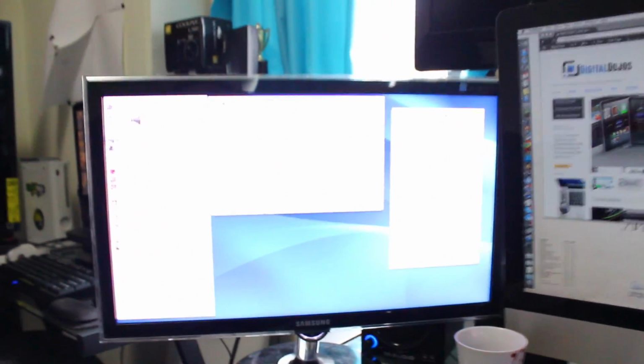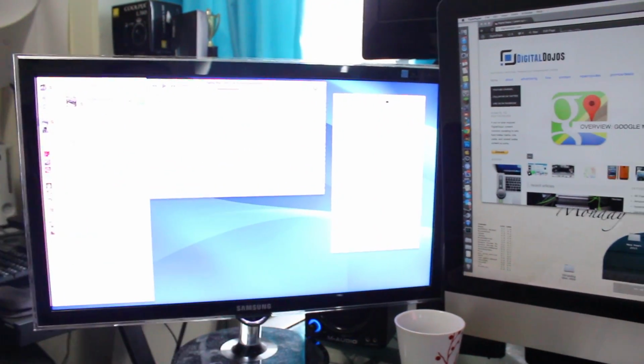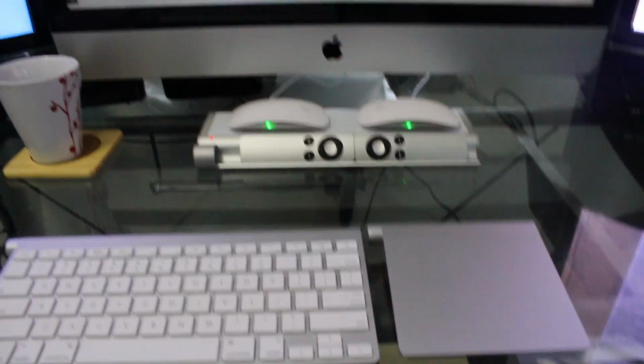On the left here is usually entertainment, to be honest. Skype's always running there. iTunes is right here. Sometimes I'll have TextEdit if I'm shooting a video and I need notes, or sometimes I'll just have a movie, honestly, running on this monitor if I'm not watching on the TV. Alright, so on the desk here,